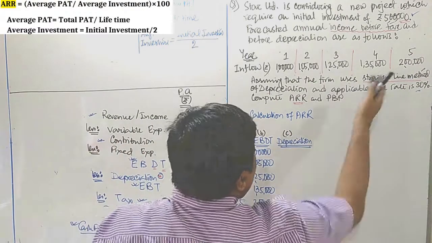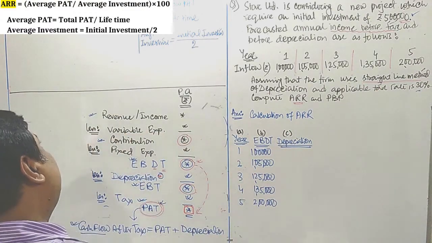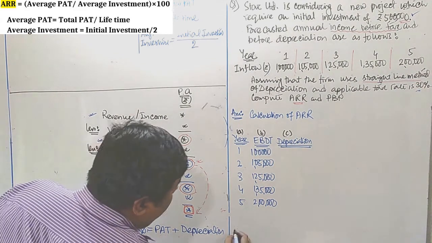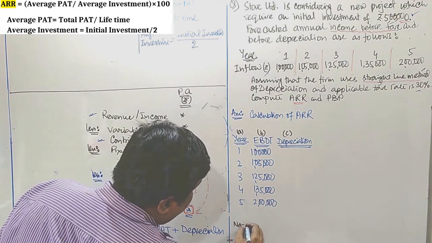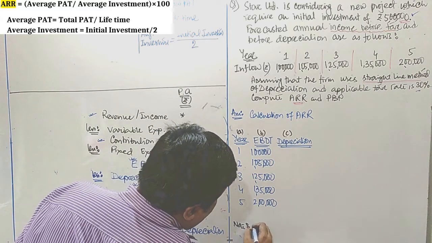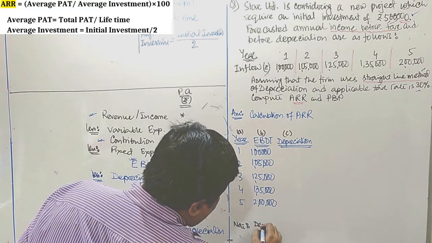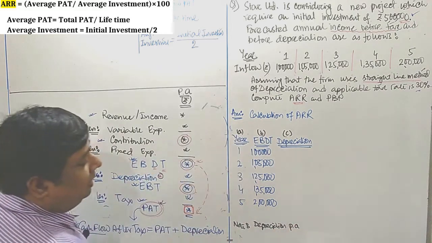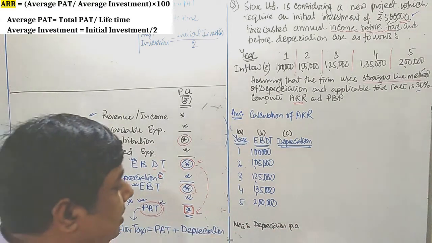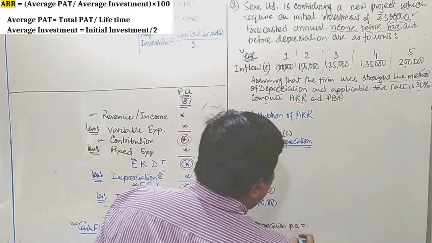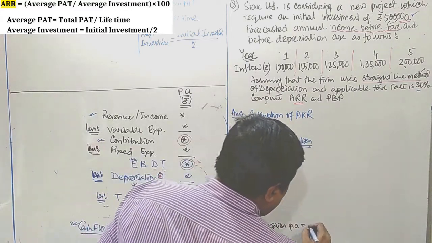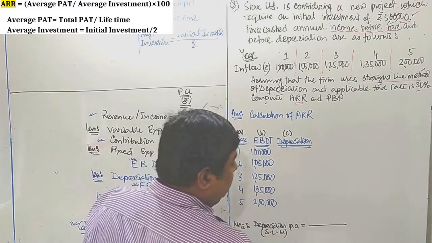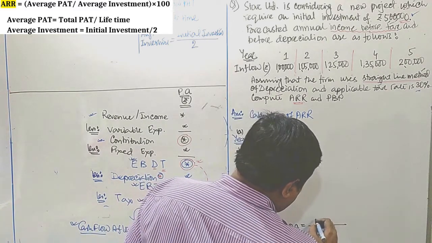Here it is given that the firm uses a straight line method of depreciation. Now how to get that straight line method of depreciation? You can follow a note to get that. Depreciation per annum, that is per year or annual. Which method are you following here? Straight line method. You can write here short SLM. Under the straight line method, depreciation per annum is